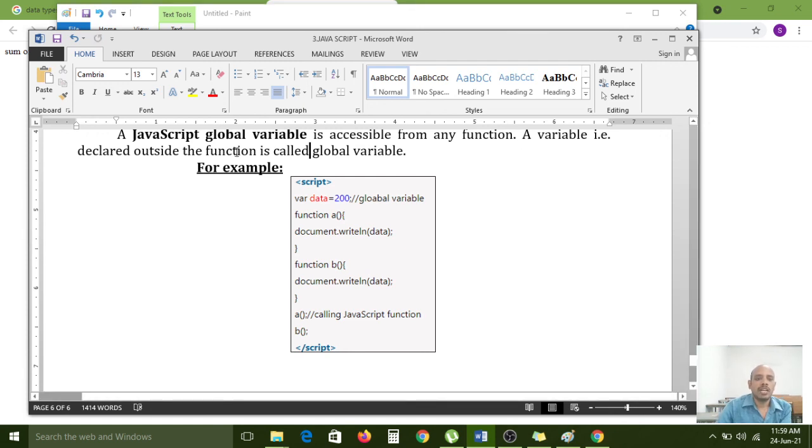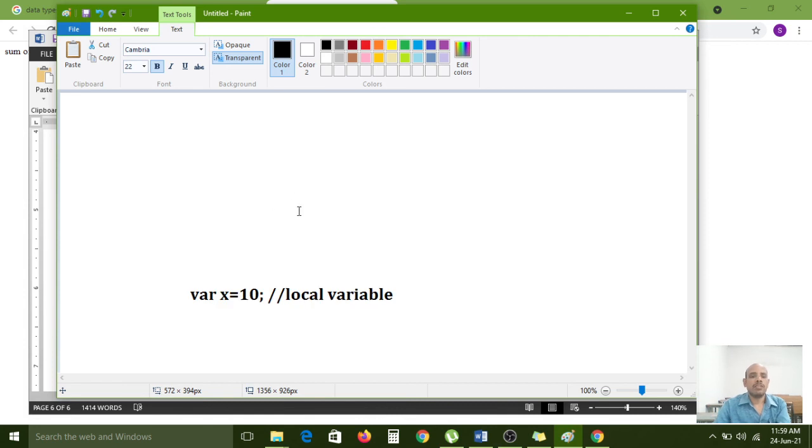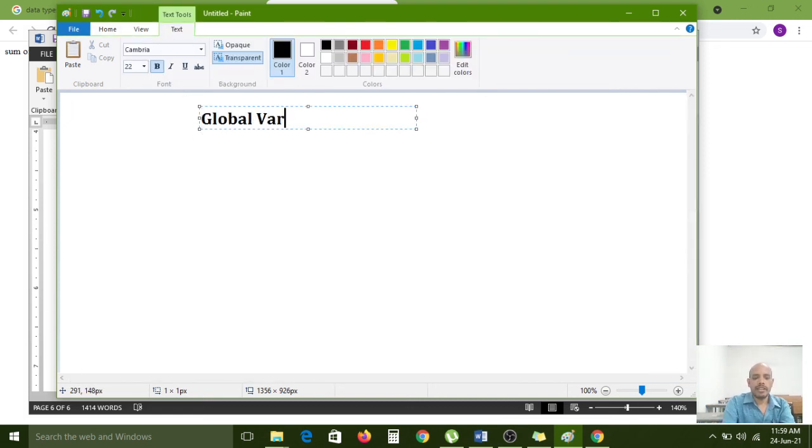Carefully observe here. Now, global variable in JS, in between the script opening and closing tags.